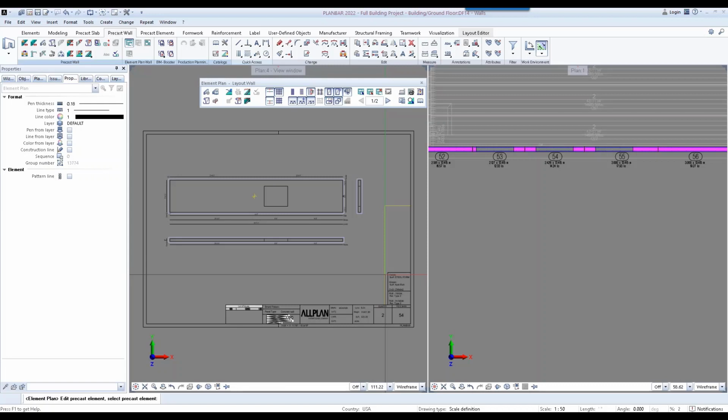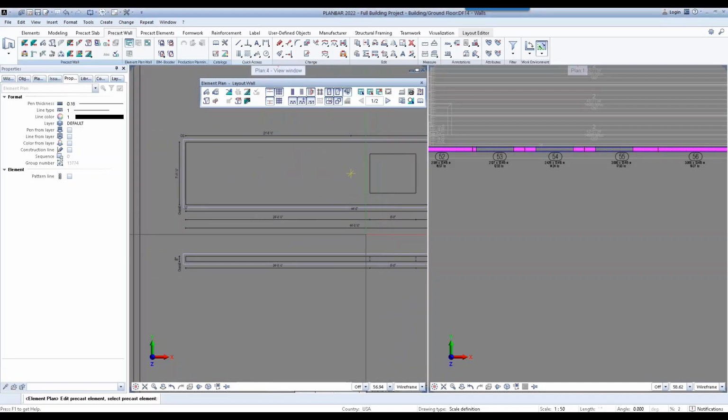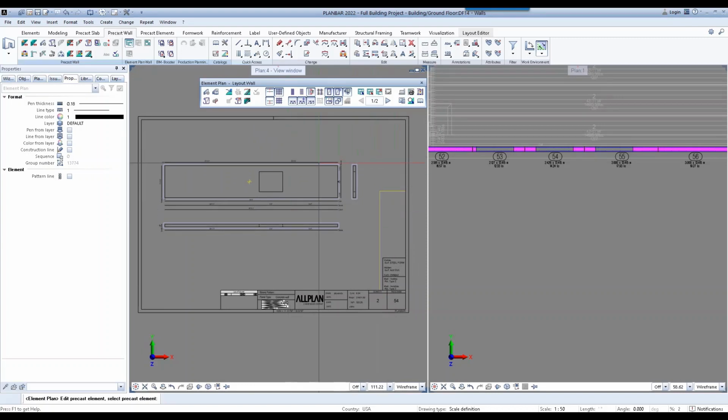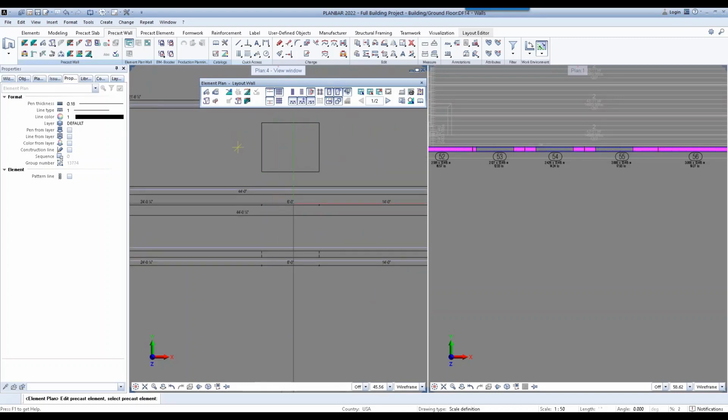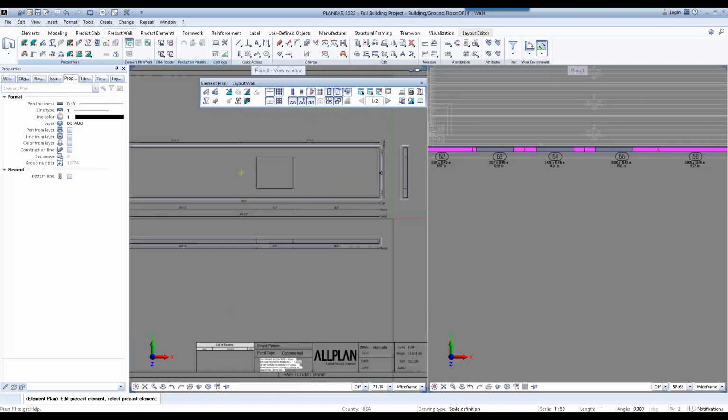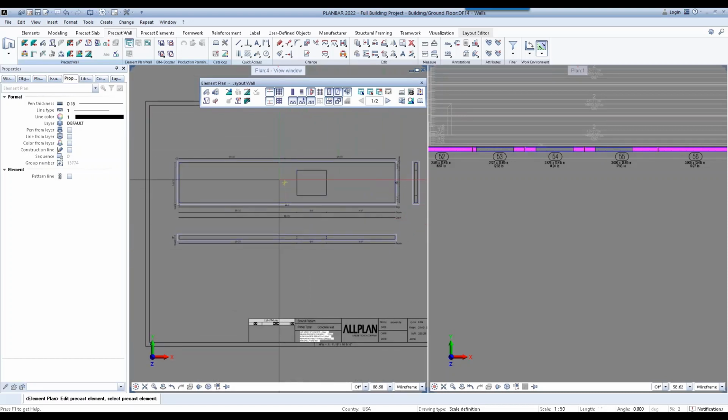This shop ticket, similar to our beam shop ticket that we created earlier, has 2 sheets, one for the forming and one for the reinforcement. It's even laying on its side to maximize the sheet space. It's dimensioned our opening for our window, called it a recess. It has the mark for the center of gravity.